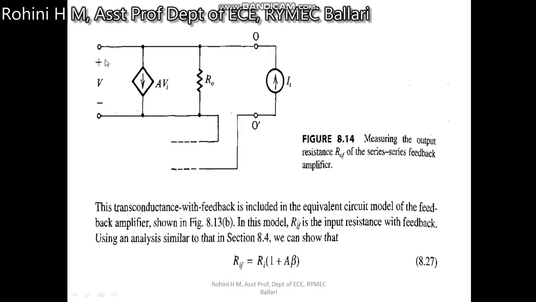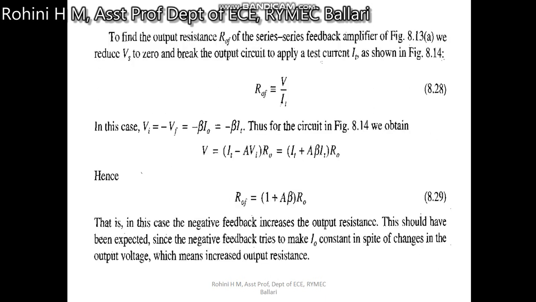If we are measuring this voltage, V is nothing but the node voltage. So what is the node? This is the node V. So what is the current that is flowing out? That is AVi. The current which is flowing out, we take it as a minus AVi. The current which is entering, we'll take it as a positive. So I1 minus AVi into the resistance that is connected, R. So we are writing the same thing here, I1 minus AVi into R.